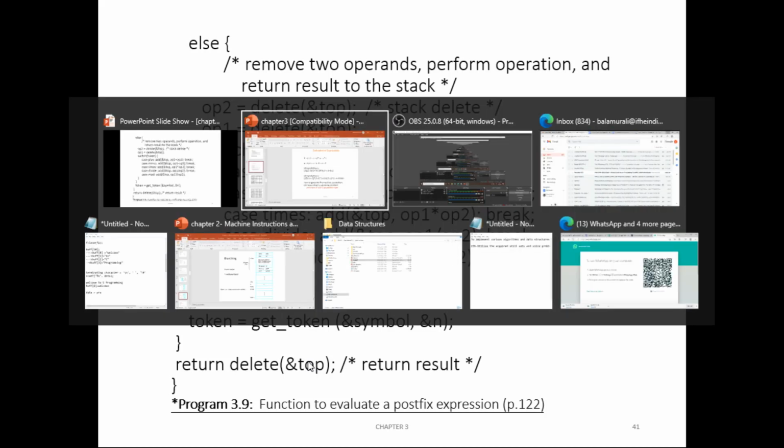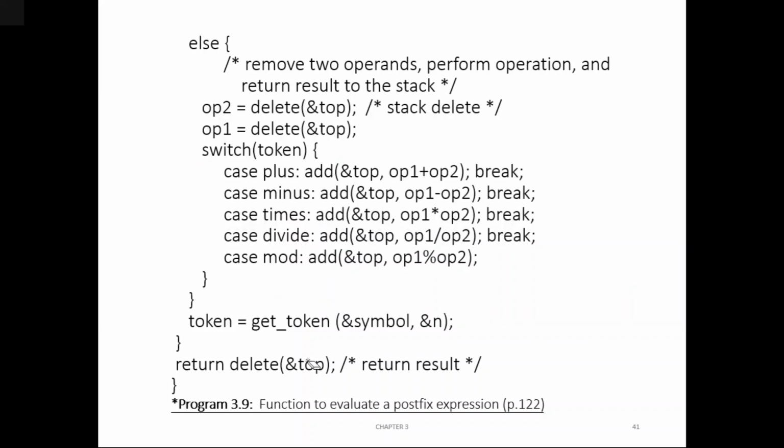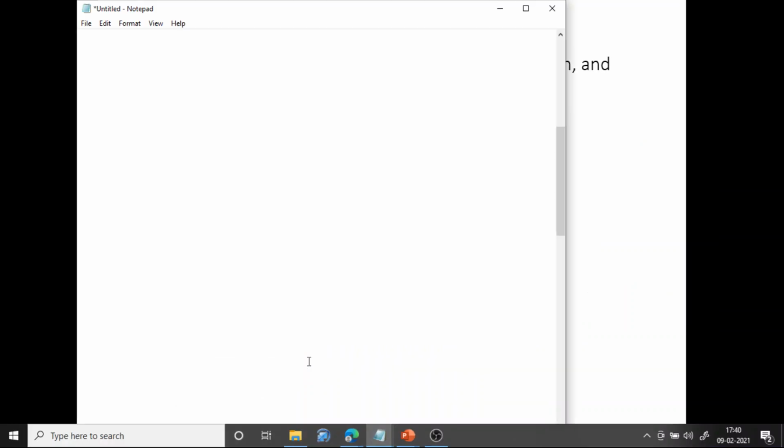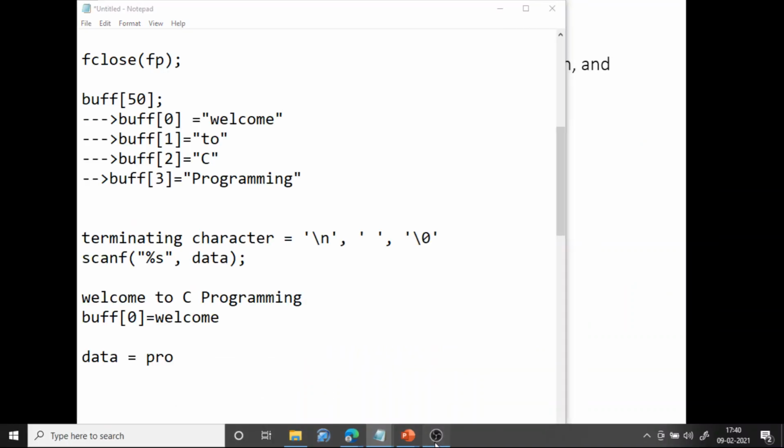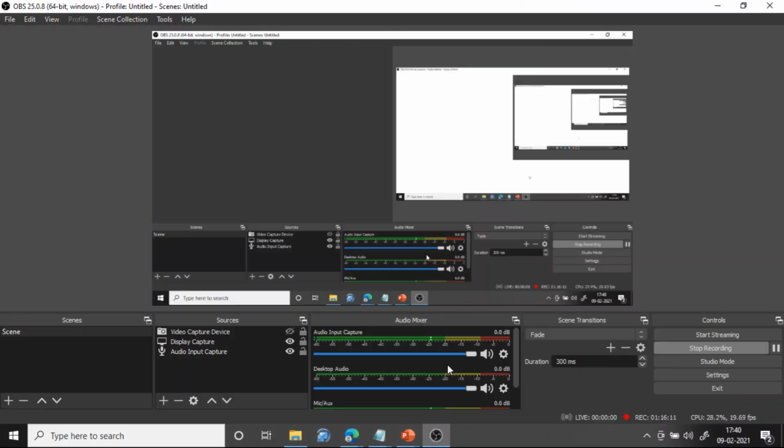Let me show you the code. Here I have written that code. So I think I have to open, sorry, I have to open WSL.